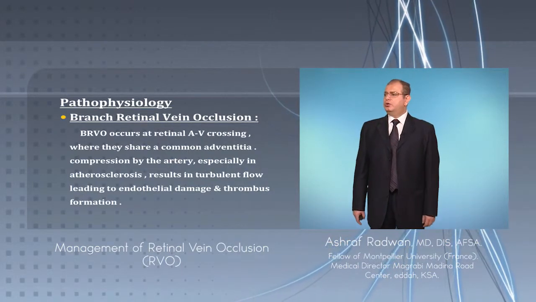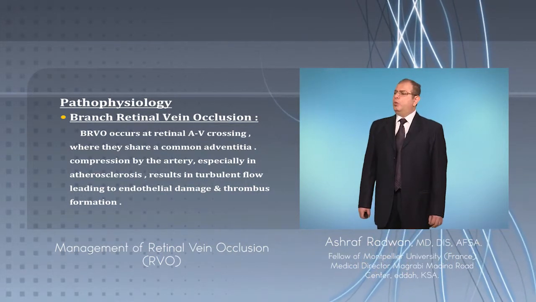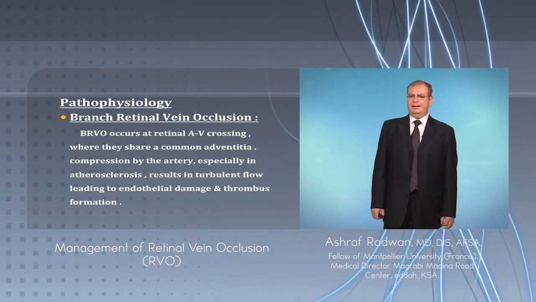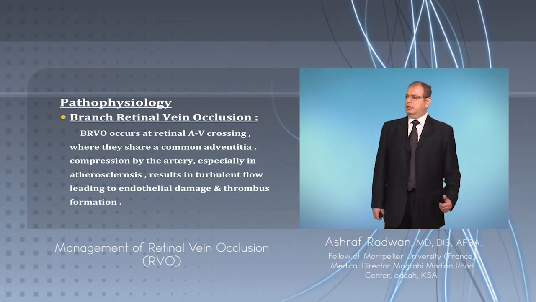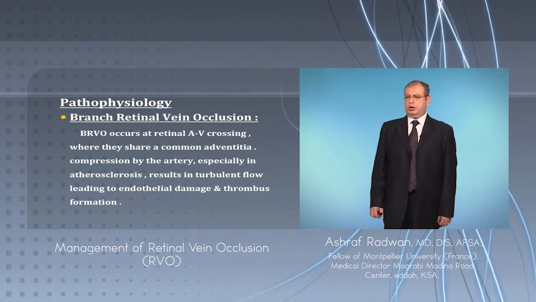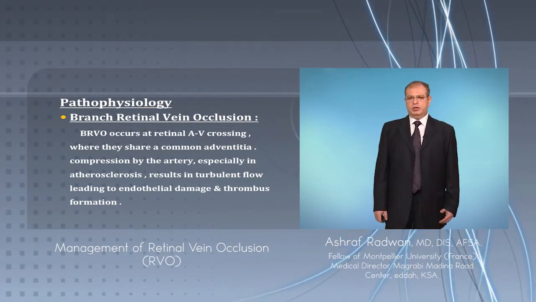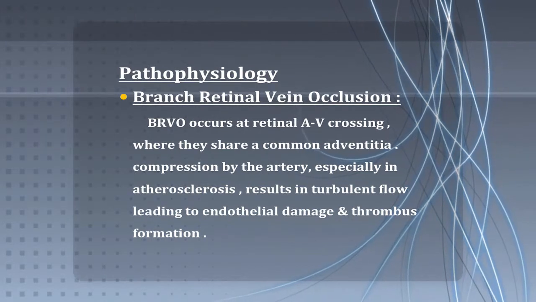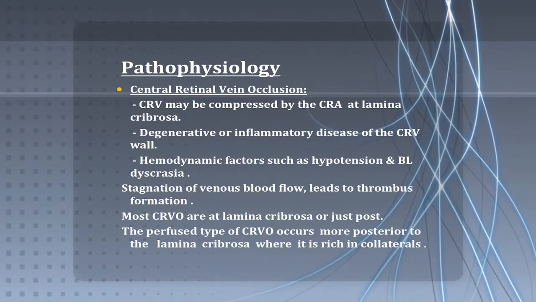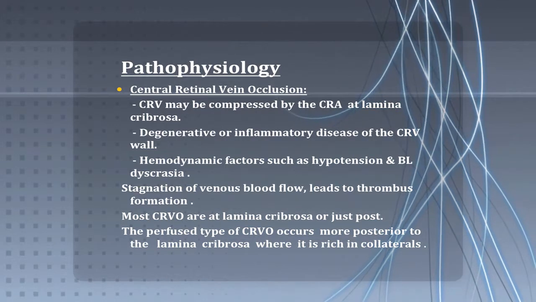Branch retinal vein occlusion occurs at the retinal arteriovenous crossing, where they share a common adventitia. Compression by the arteries makes a turbulent flow, especially in atherosclerotic patients, that leads to endothelial damage, thrombus formation, and the development of the branch vein occlusion. Central retinal vein occlusion may be compressed by the central retinal artery at the lamina cribrosa,